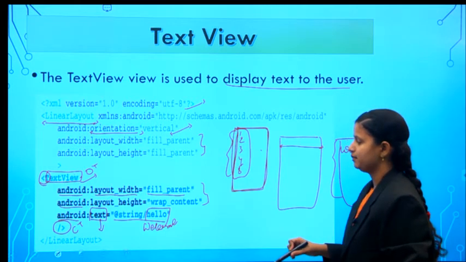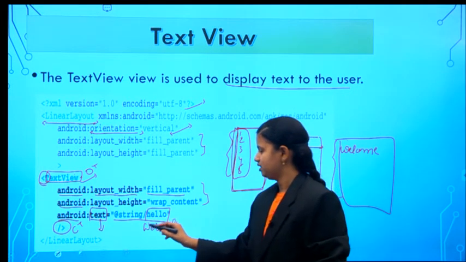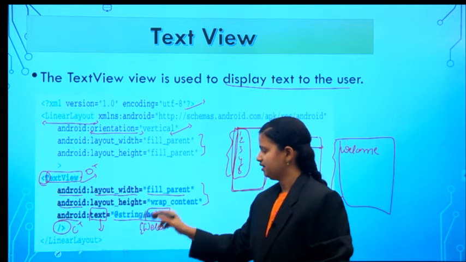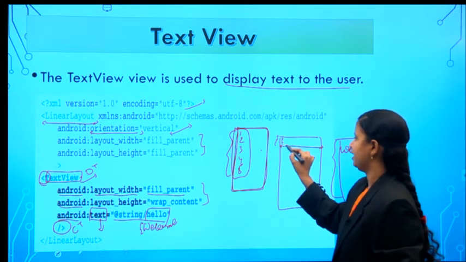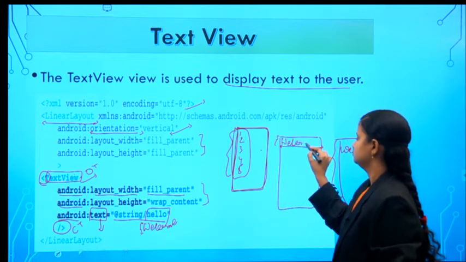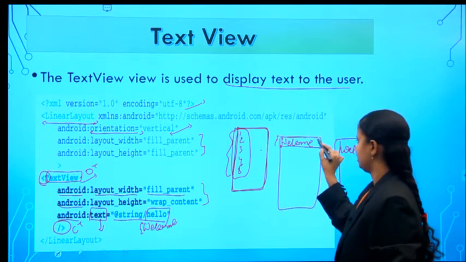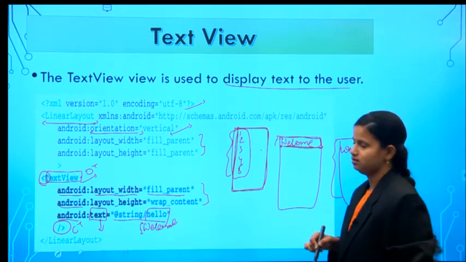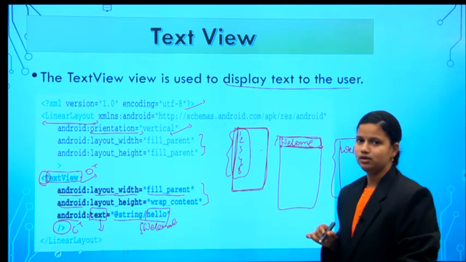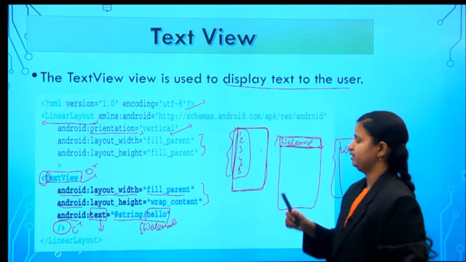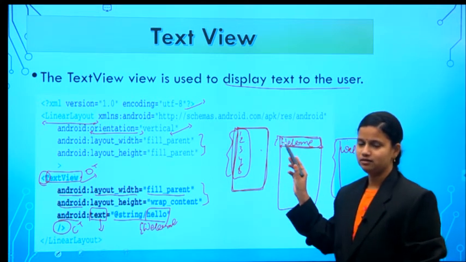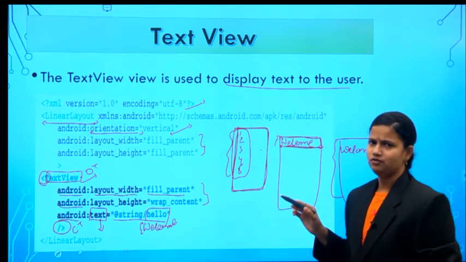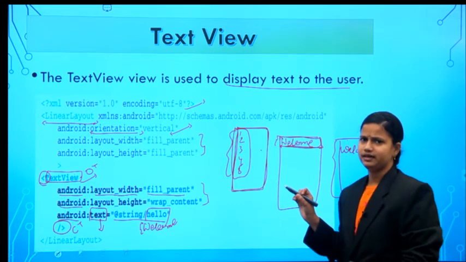What does this wrap content mean? What is the message size? What is the message height? That much height is to be allocated. So the message height is welcome. Only that much is allocated to the text view in this place. The text view is only presented in this place. Why? Because all the views start in the linear layout from the top left side. So from the top left side it will be presented,